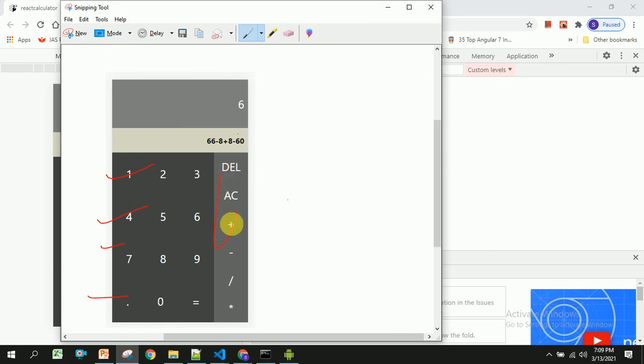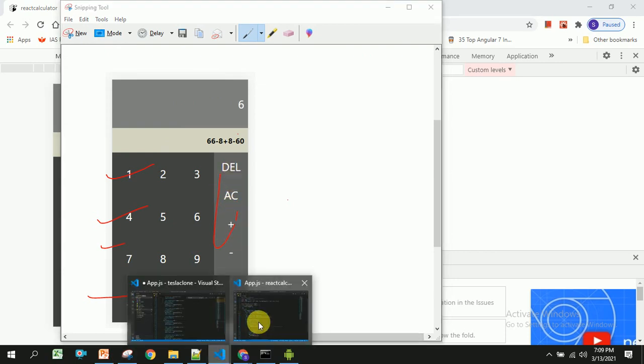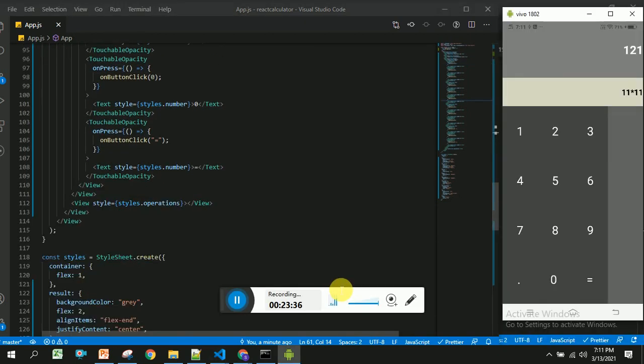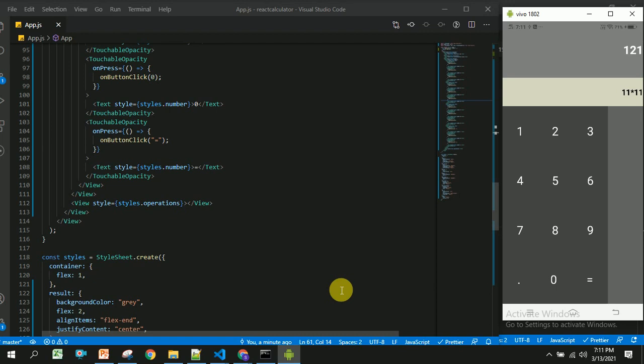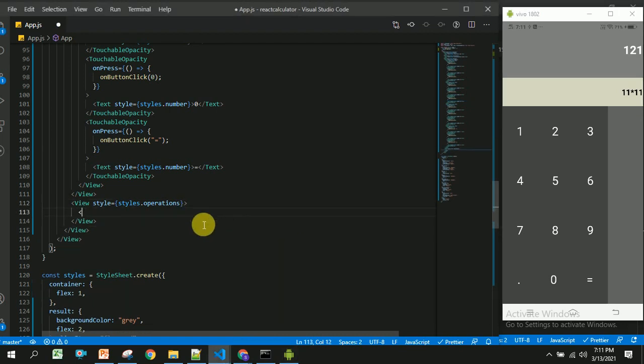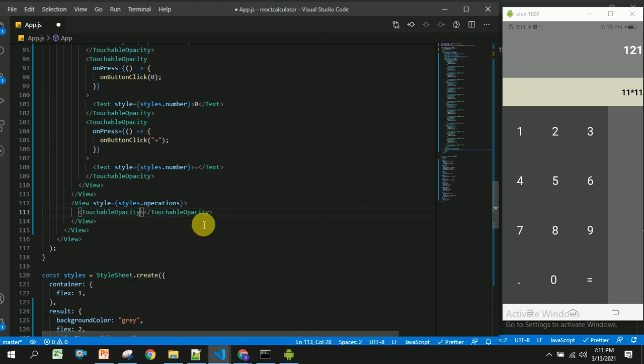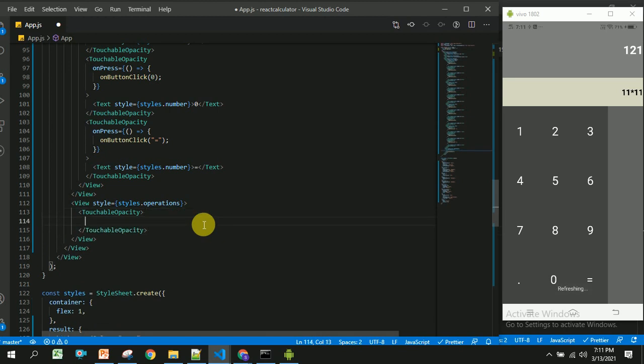For this we need 6 touchable opacities. Now I am going to create some operations inside this view. It will be touchable opacity, and inside the touchable opacity we will have text.